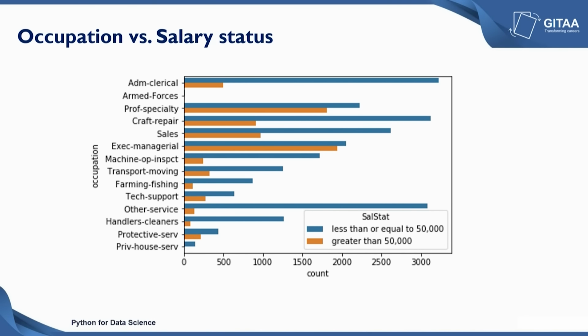Next, we will look at a variable called occupation. This is the bar diagram of the occupation variable. And if you look at the categories under the occupation, it has so many to it, starting from administrative, clerical, and it has so many categories like armed forces, farm, fishing, technical support and other services. If you try to interpret how salary status is dependent on occupation,